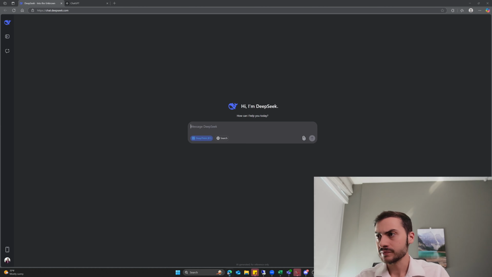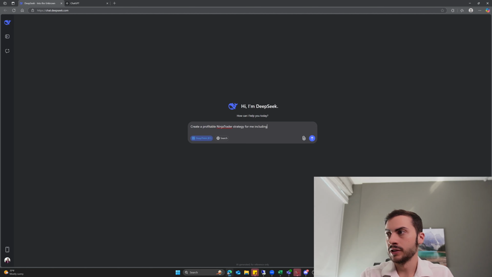So let's get started. We got DeepSeek open right here, and we're gonna write a prompt to have it code us a strategy that should be profitable. Hopefully it'll be profitable. We'll find out. All right, so, now I use NinjaTrader to run my automated trading systems. You may use TradeStation or your own, say, Python application or QuantConnect, but usually it can be applicable between platforms. Create a profitable NinjaTrader strategy